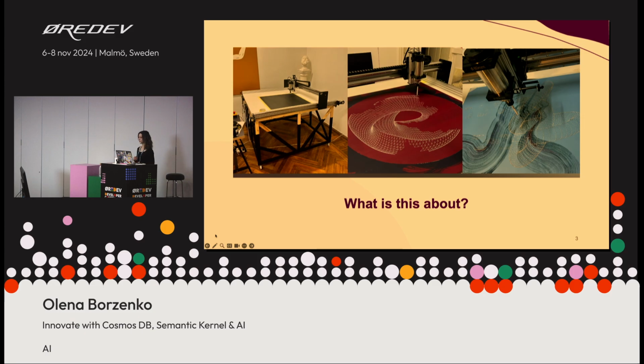When I asked him what I can do with that, he said, well, you can do some 3D modeling, then extract 2D graphics from that, and then use the plotter for printing it. He also told me that you can use parametric equations, which was the moment when he caught my attention, because I'm a physicist and I do a lot of math. I used to do this, and I'm still in love with those subjects. Every time I have some time, I'm either reading a book or geeking out on some equations. So he told me, you can do parametric art with that. In my head, it was immediately, okay, so I can take some physical processes or some beautiful math equations, and I can create some beautiful art with that.